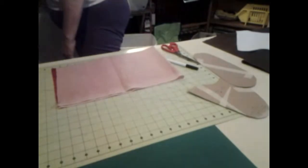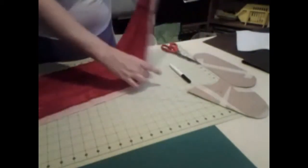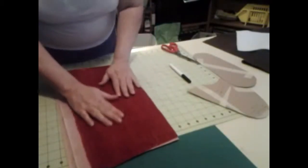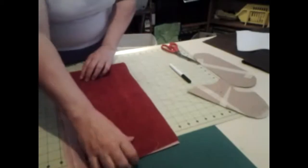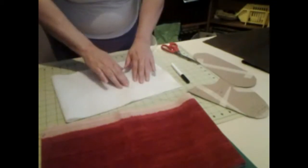Okay, I got 3, don't need that, don't think. Anyway, I've got me 3 different kinds of material here. I have this one I'm going to put on the inside because it feels pretty comfortable. Then this right here is that fleece. I'm going to put it in the middle for a little bit of cushion in it. And then I have, it's like a,